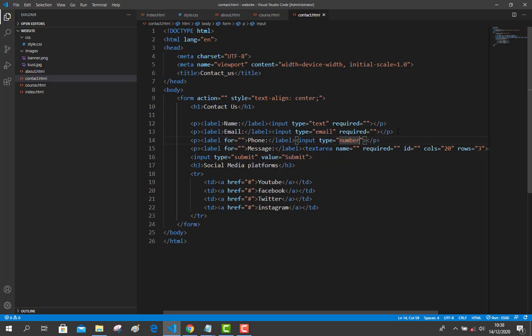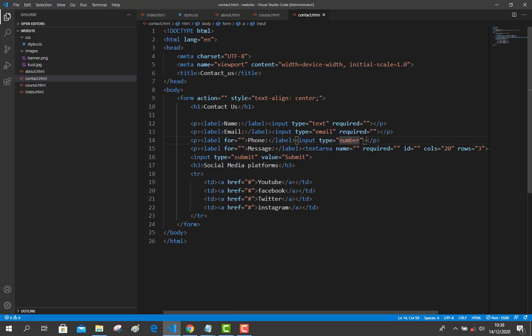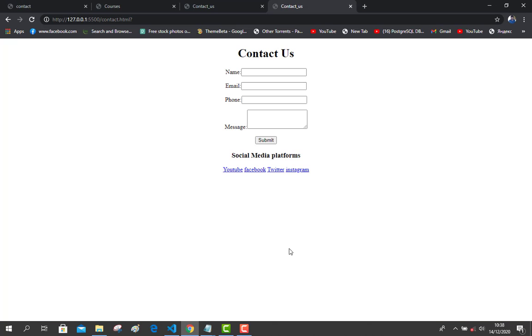So let me say I'm just submitting an empty form. It won't accept me to do that. If you click on submit, you can see it will tell me please fill out this field, and if I happen to fill out that and I leave the rest, it won't also allow me. I have to also fill that. Let me say I'm just giving email as John. It will tell me that I have to include the @ sign. So that's the validation I'm talking about. If I just stop there and I click on submit, it will tell me the email is not complete. I have to include gmail.com,